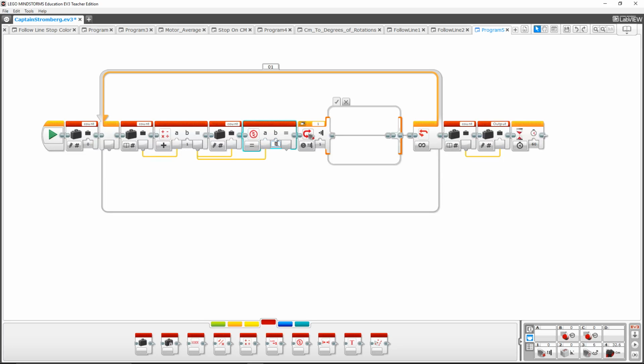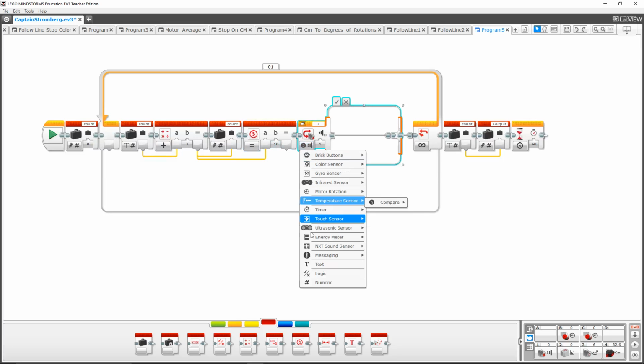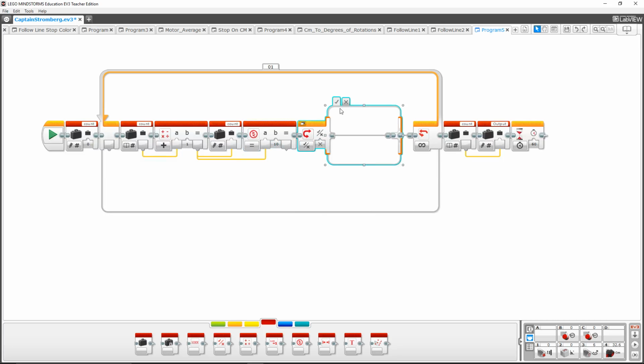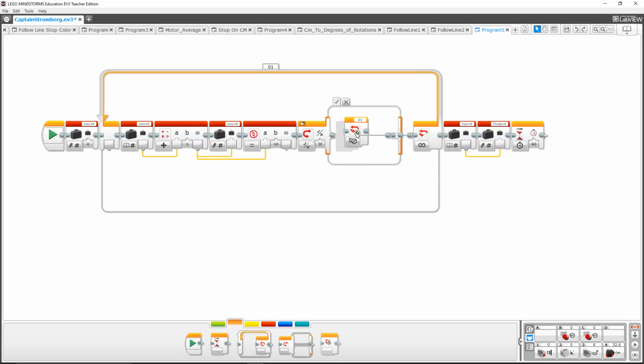And if it's equal to 10, then instead of using the touch sensor, we're going to use logic. And if it's true, we are going to go ahead and exit the loop. So now this is set up for infinity, and when this is equal to 10, it should exit the loop. So if we go ahead and run the program,